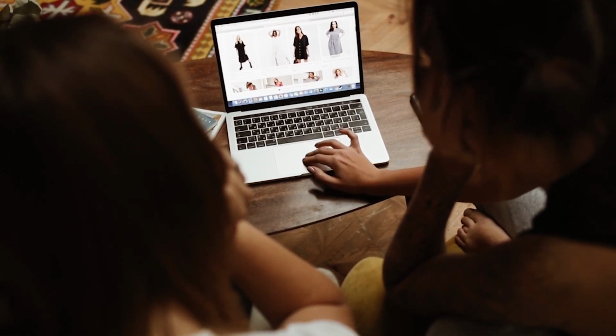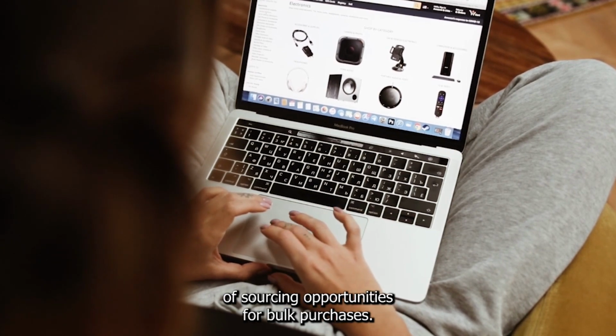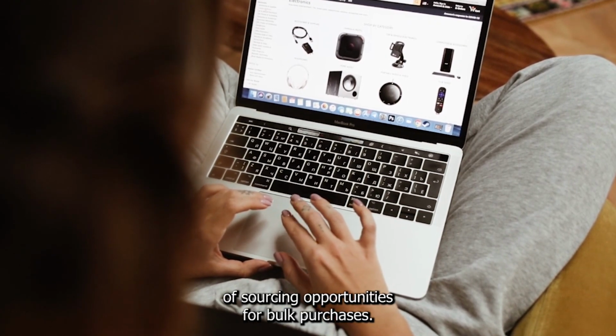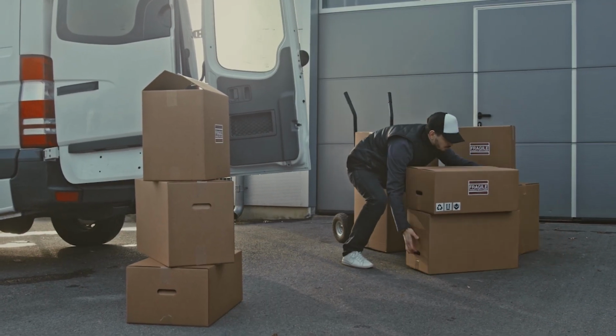Platforms like Alibaba offer a treasure trove of sourcing opportunities for bulk purchases. Hunt for suppliers with a stellar track record,